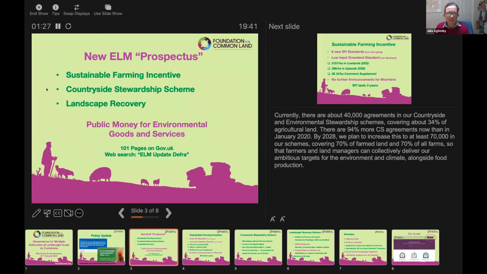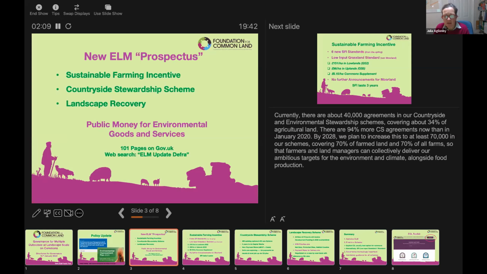So you can think about the Environmental Improvement Plan, the second document released today, as really about the targets that the government is trying to achieve, and environmental land management is the mechanism by which Defra is seeking to achieve those on our farmland in particular, but also on woodlands. So you may have remembered that in the past, the ELM was always going to be a sort of 3-tier scheme. We've still got 3 tiers, but they're now called the Sustainable Farming Incentive, and then we've got the Countryside Stewardship Scheme being retained, and then we also have Landscape Recovery.